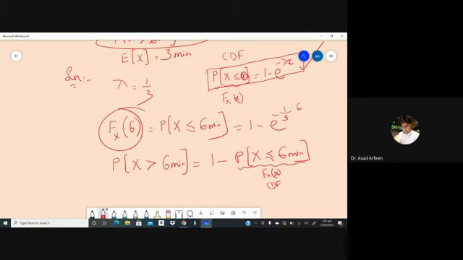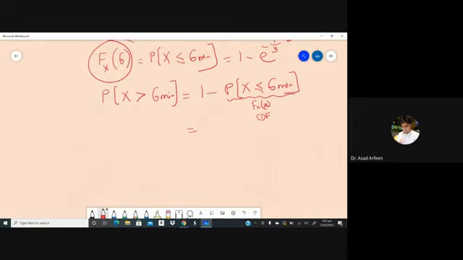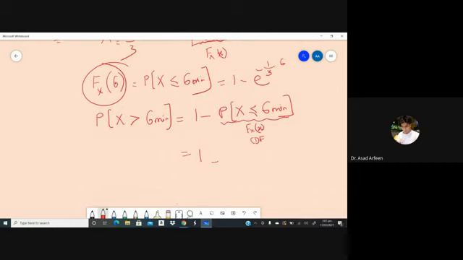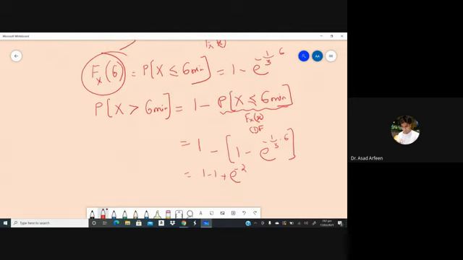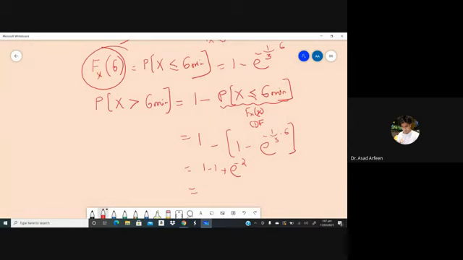So you can see that this will be equal to 1 minus e to the power minus 1 by 3 into 6. So this will be 1 minus 1 plus e to the power minus 2. I think it is 0.135. The book shows 0.135, or 13.5%. So this is the probability that a random variable x is greater than